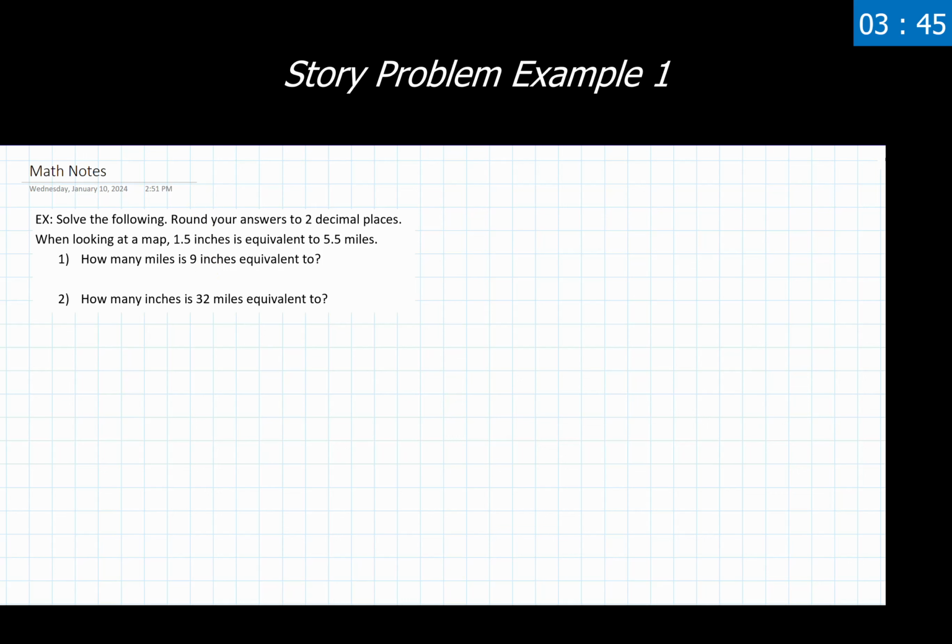My recommendation is starting off with this. Let's put the general equation somewhere nearby for ourselves. So we know we're going to have A over B equals C over D. We really like proportions in this form because then we can just cross multiply and get to our final answer.